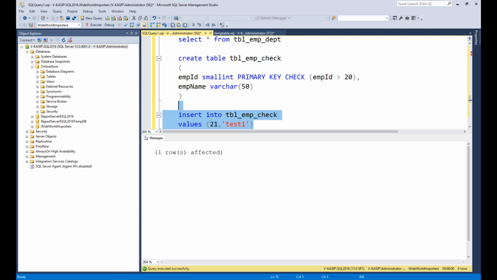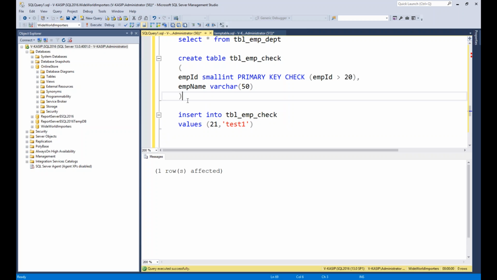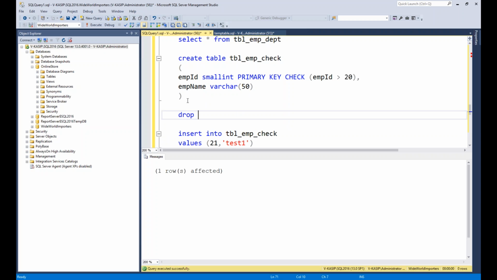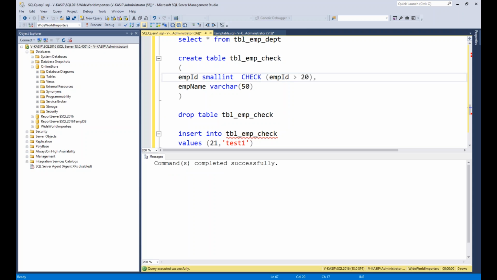Okay, which is good. Now, let me drop this table. If I want to drop a table, it's DROP TABLE, then the table name. So what I'm going to do here is drop the table and create it again, but I'm taking away the primary key. I'm not going to specify the primary key. So when I create the table back again,